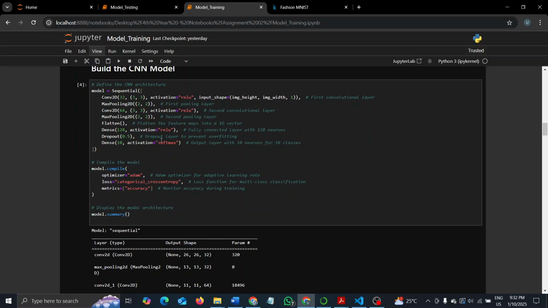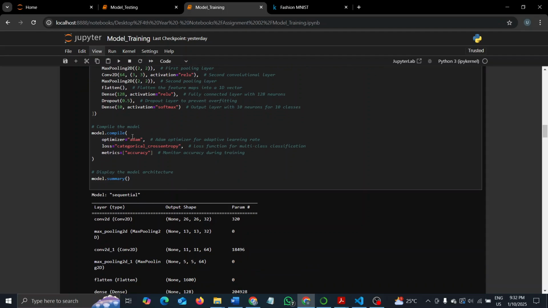You can see there. So for the compilation purpose, the Adam optimizer and categorical cross entropy loss were used to train the model, and compilation with accuracy as our performance metric. You can see this is the Adam optimizer as the